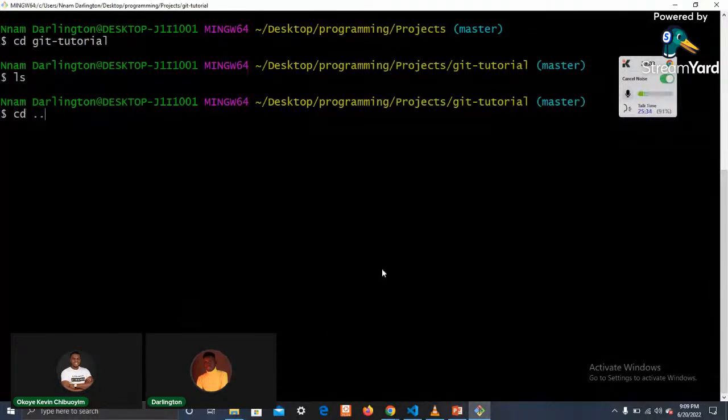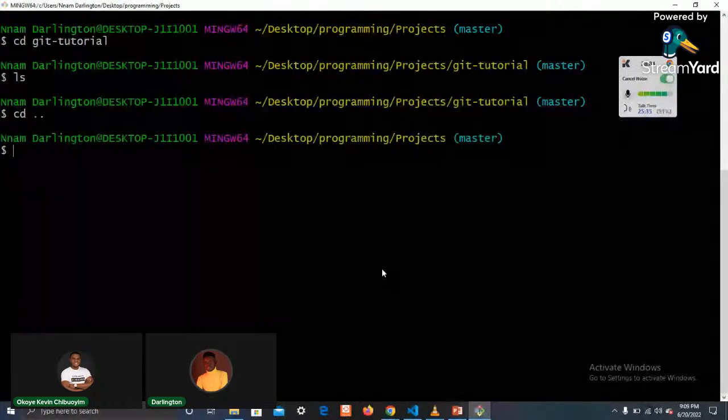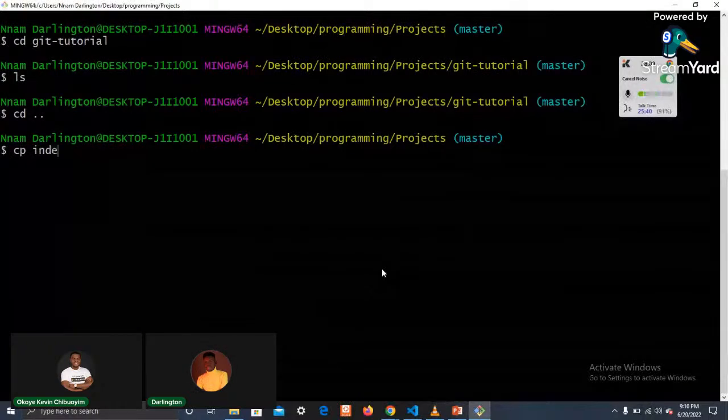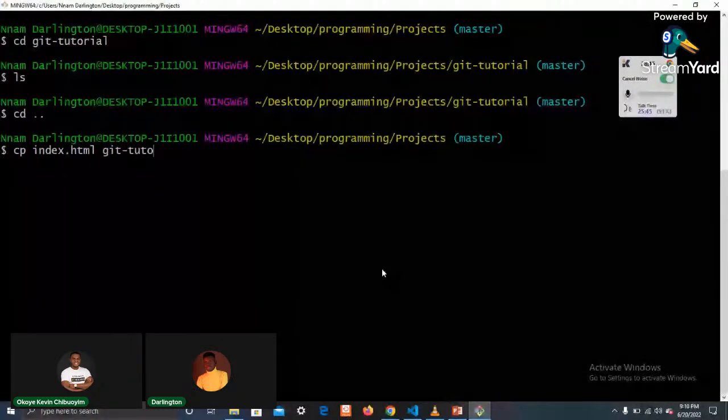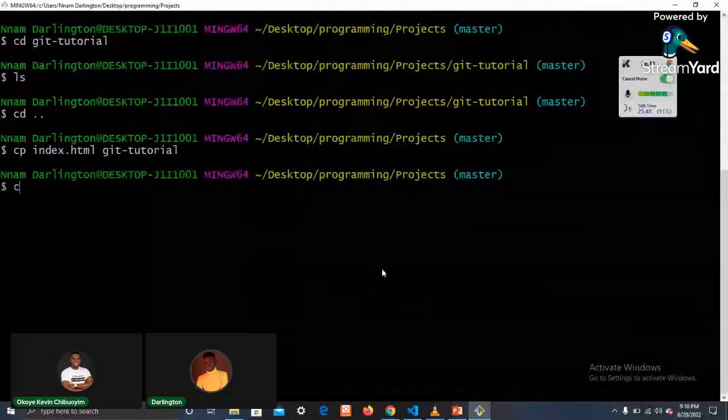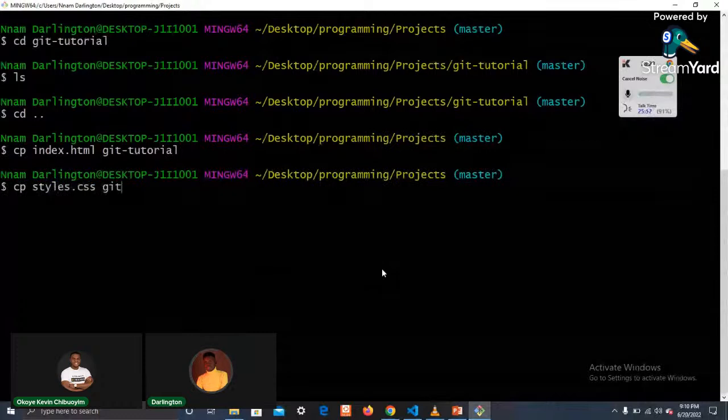Okay, let's go back and copy the files. I want to copy the index.html file to the Git tutorial folder. We also want to copy the styles.css file to the Git tutorial folder too.